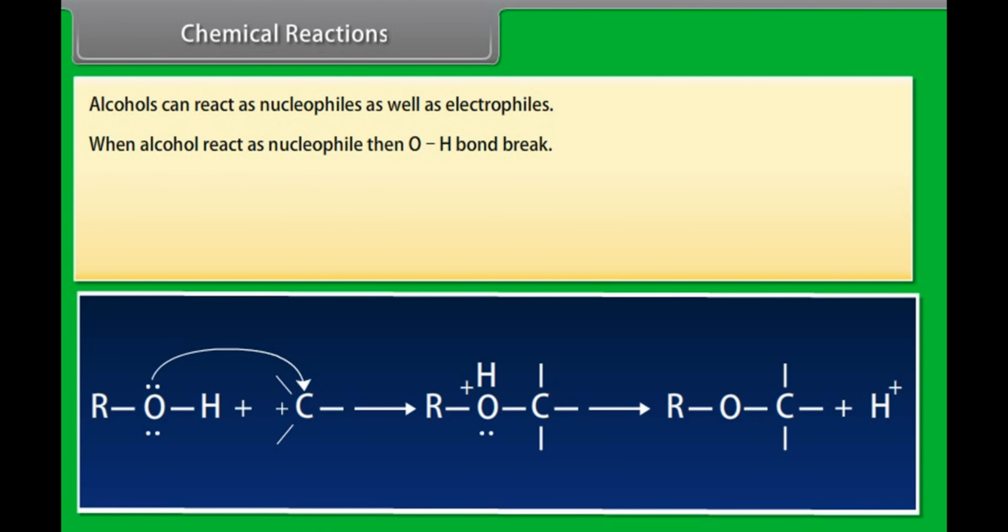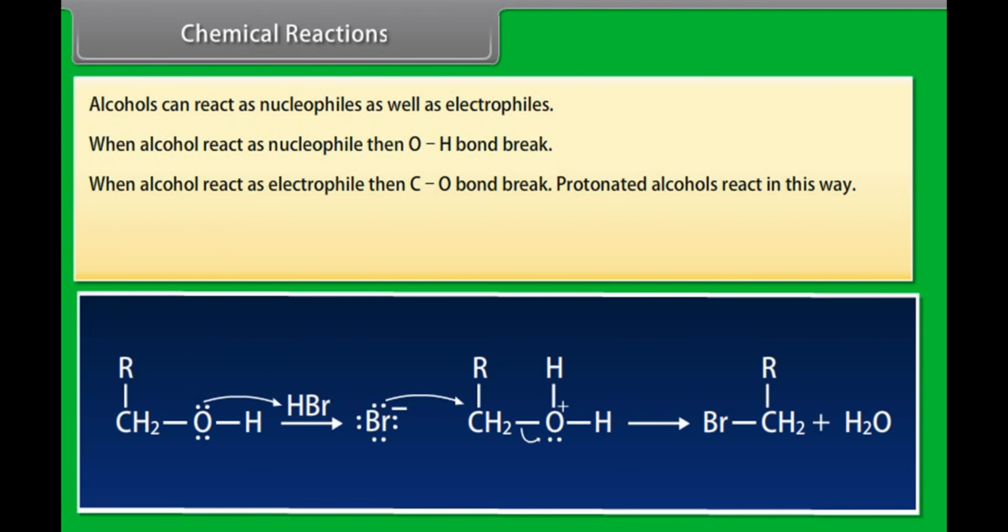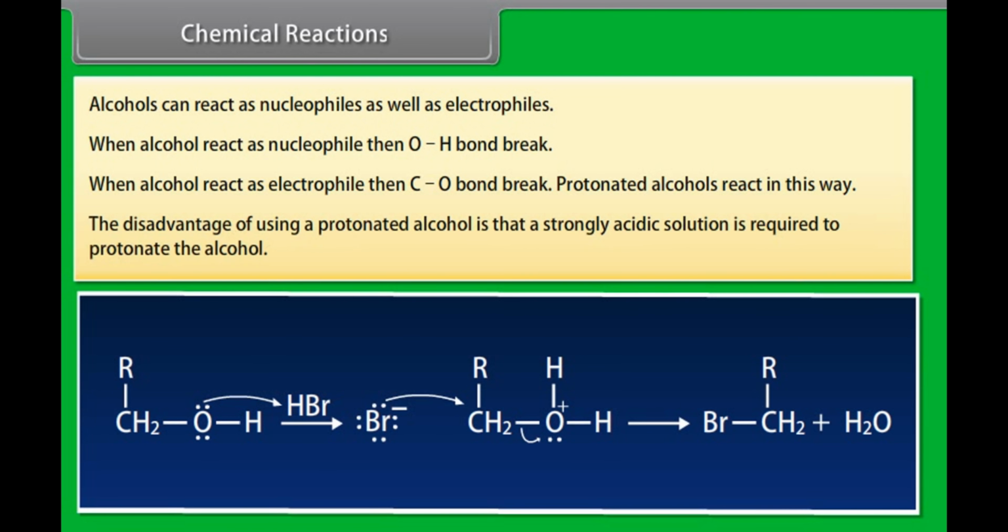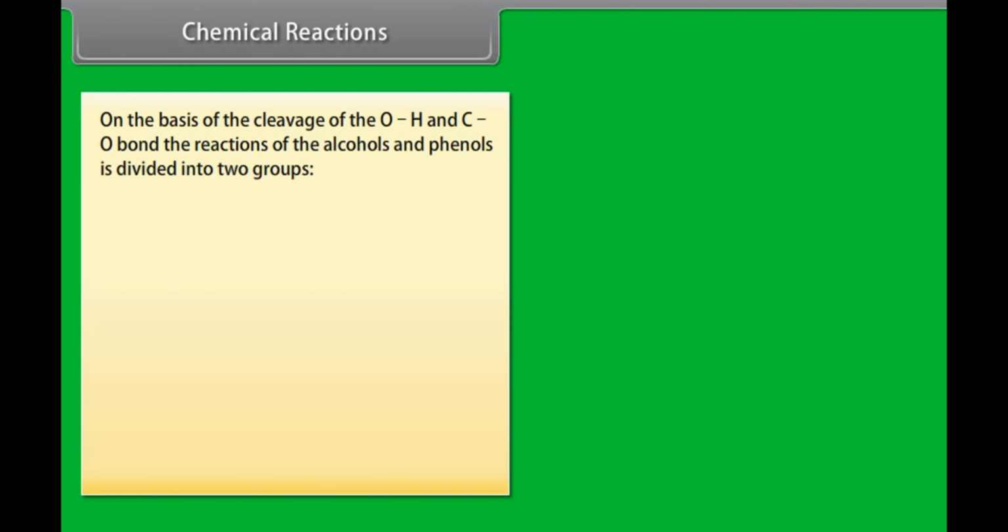When alcohol reacts as nucleophile, then OH bond breaks. When alcohol reacts as electrophile, then CO bond breaks. Protonated alcohols react in this way. The disadvantage of using a protonated alcohol is that a strongly acidic solution is required to protonate the alcohol. On the basis of the cleavage of the OH and CO bond, the reactions of the alcohols and phenols